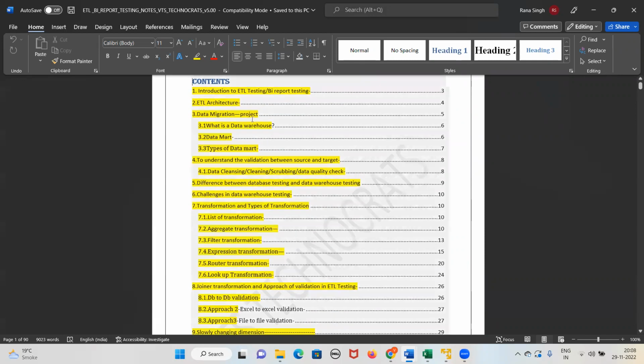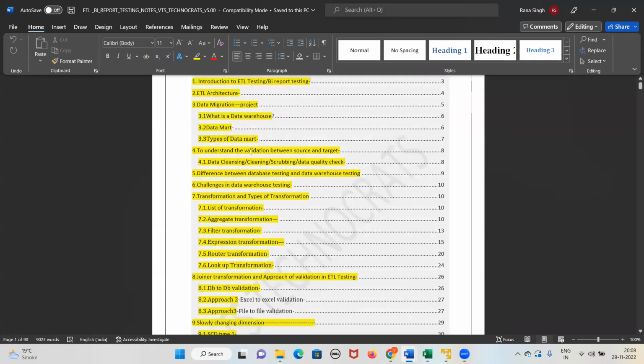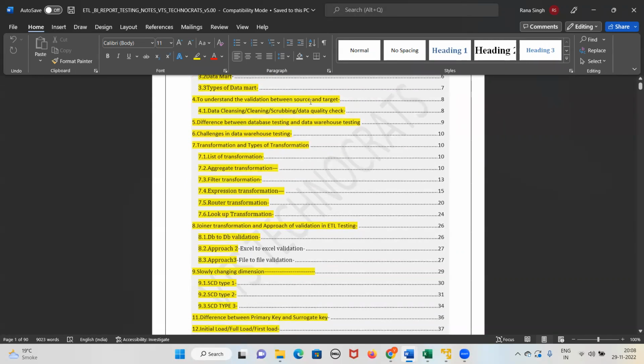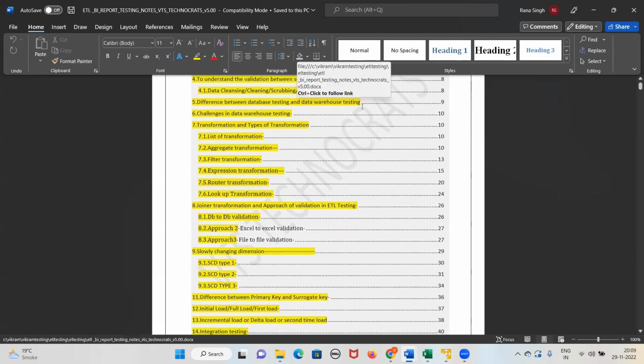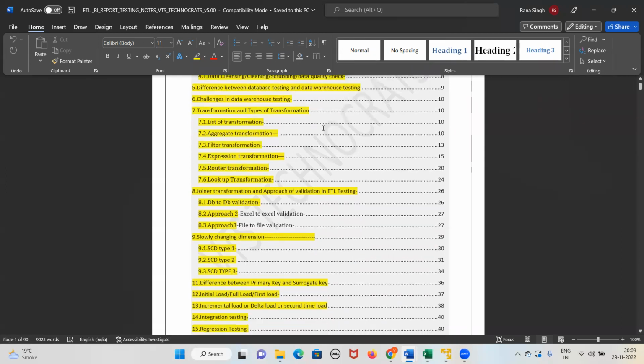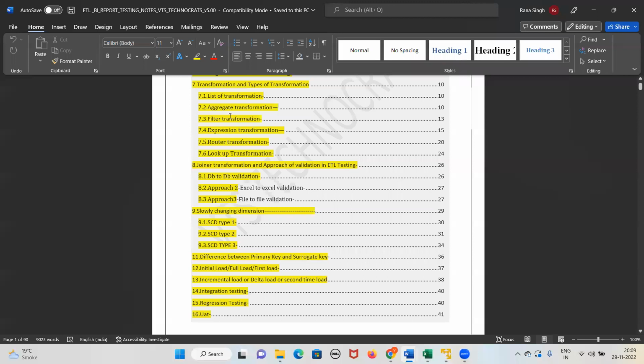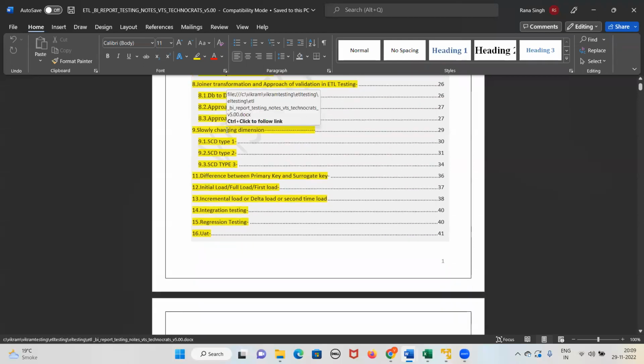See, here we have written the content: introduction to ETL testing, BI report testing, ETL architecture, data migration project. What is a data warehouse? What is a data mart? What are the types of data mart? To understand the validation between source and target, data cleansing, cleaning, scrubbing, data quality check, difference between database testing and data warehouse testing, transformation, list of transformations: aggregate transformation, filter transformation, expression transformation, router transformation, lookup transformation, joiner transformation, techniques